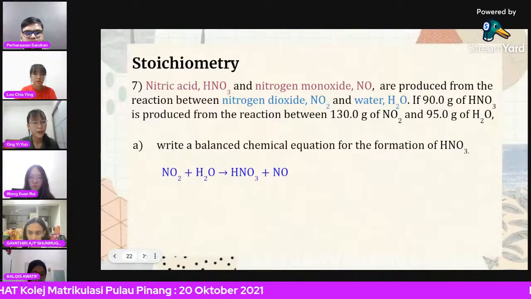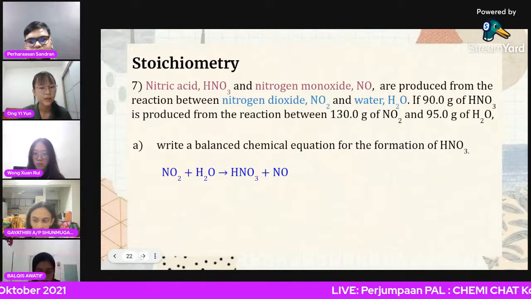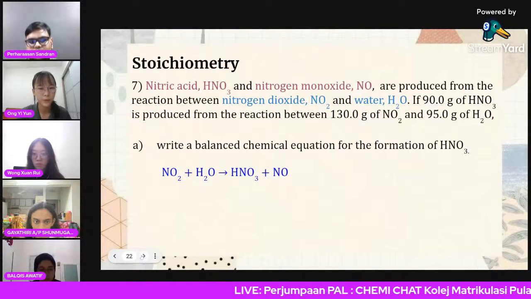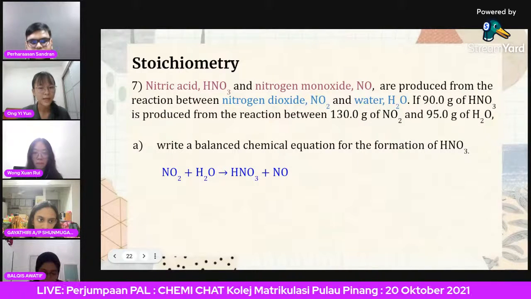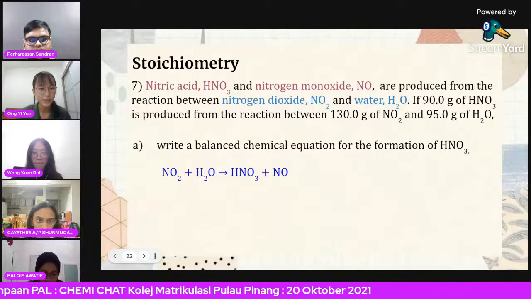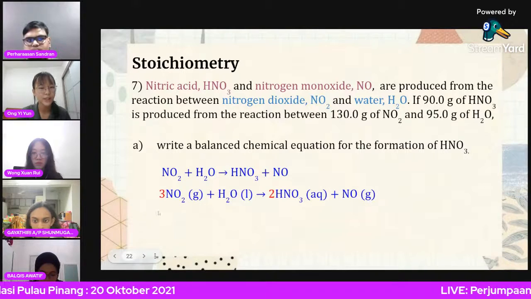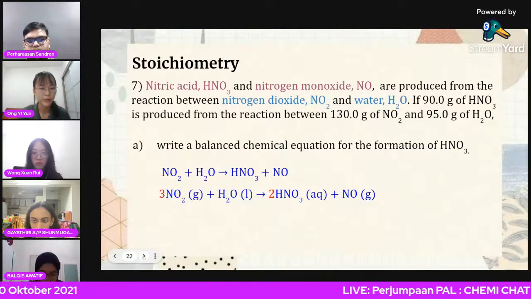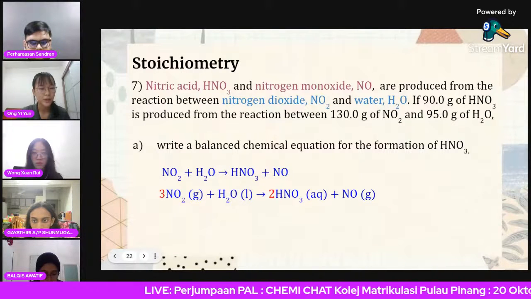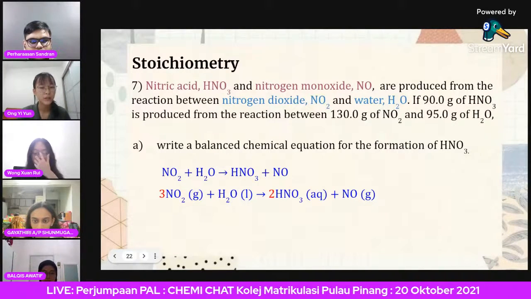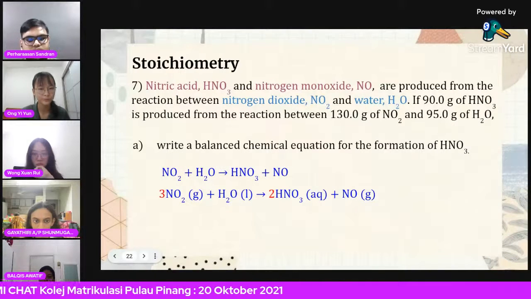So in order to write a chemical equation, we must first identify the reactants and the products. The reactants can be identified from the question highlighted in blue, nitrogen dioxide and water, while the products, as highlighted in purple, are nitric acid and nitrogen monoxide. So we first write them down in the form of a chemical equation, and then we have to remember to balance the number of elements on both sides of the equation and also add in their states. So our final chemical equation would be 3NO2 plus H2O forms 2HNO3 plus NO. So next,